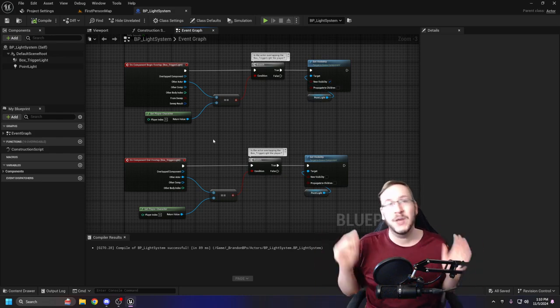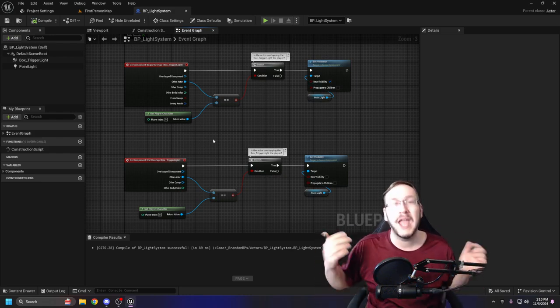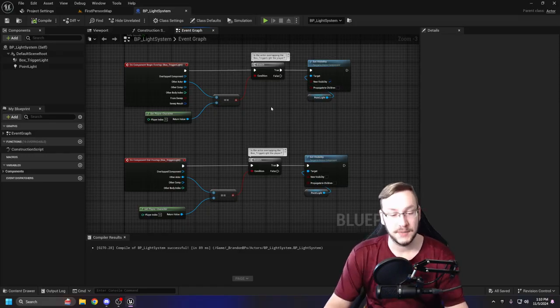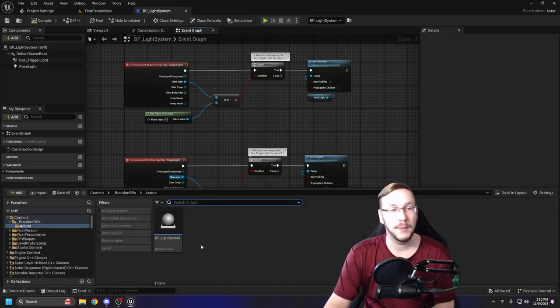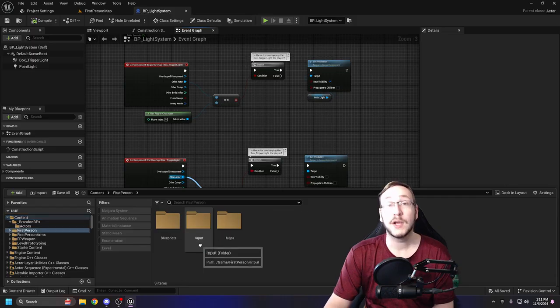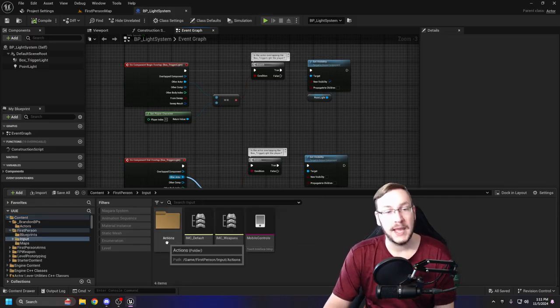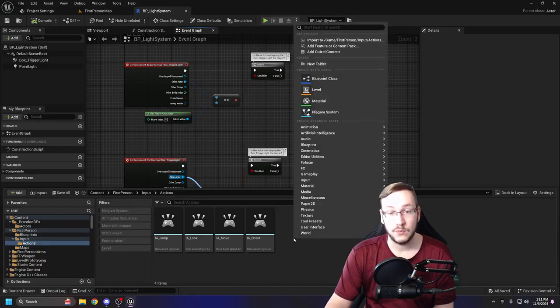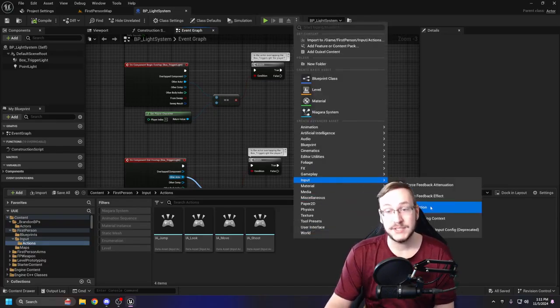And then when we move on to the harder stuff, it makes more sense as to why you might be doing something. So the first thing we need to do is I'm going to hit Control Space and I'm going to open up my content drawer. And I need to go all the way back to content because we are going to go to first person. We're going to go to input and we are going to go to actions. In here, I am going to right click and I am going to go up to input and select an